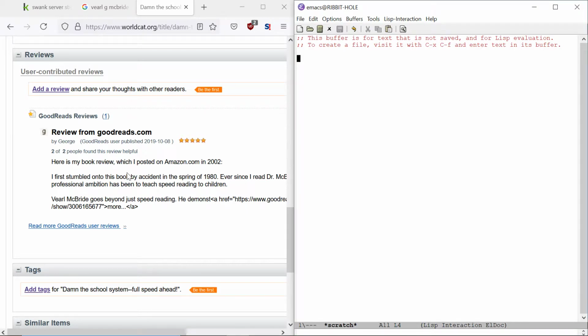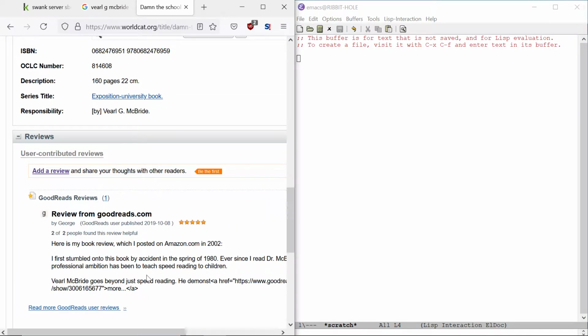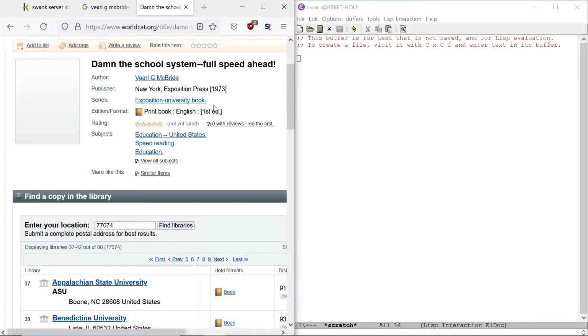I think there was another lady. I think her name starts with R. I'm probably not going to be able to think of it right now, but she had a speed reading company too. So I think he was her main competitor. But he started creating this Zox Pro thing later on. And supposedly this guy influenced him. And this book, Damn